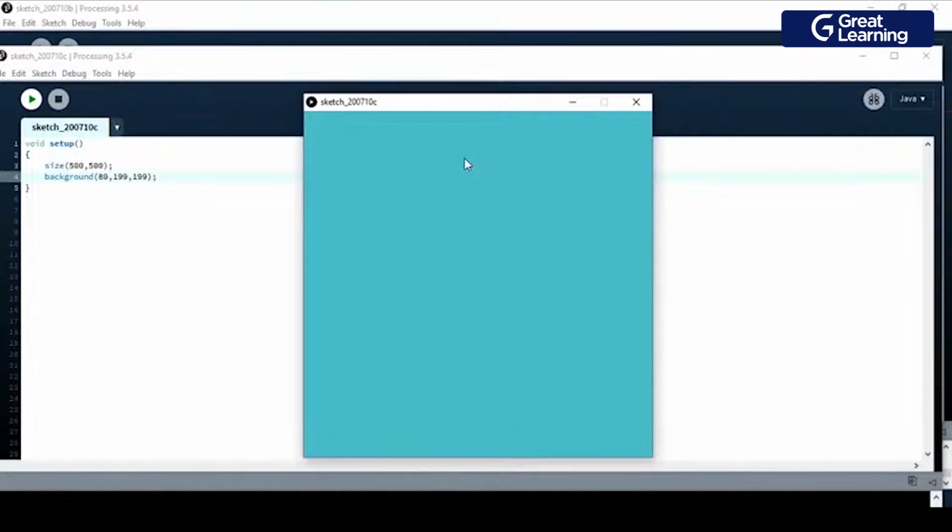Sir, can we do this code in Eclipse IDE of Java? Yes, you can, but for creating this panel or this sketch or the outline, you need 25 lines of code. Why do you want to go through that? This is a simple IDE. We will not be using such complex functions here. We will just use two functions and that's it. It's the simplest way one can think of.